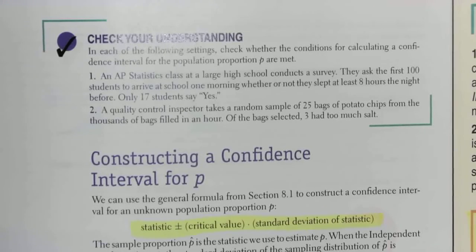Yes, it says it was a random sample of 25 bags. Okay. What about normal? Is it normal? No. Why not? Because they don't have more than 3 that were too salty or something like that. Right. So the success was only 3 and the failure